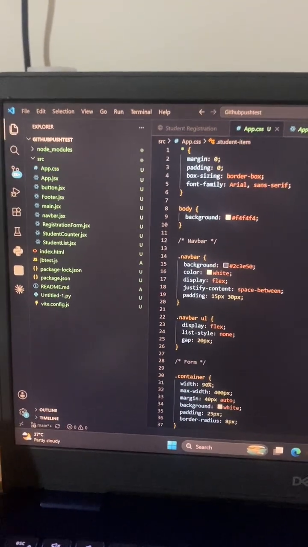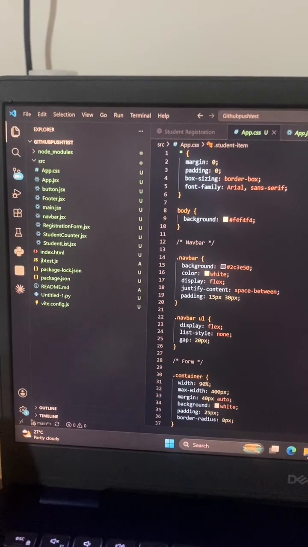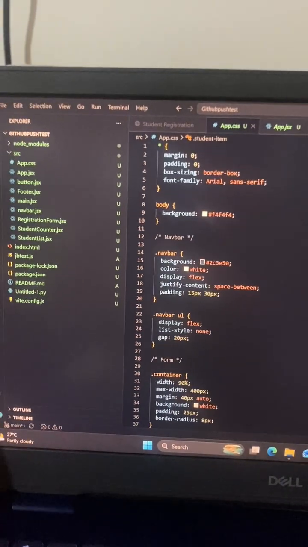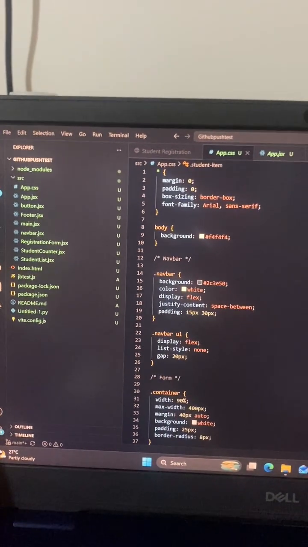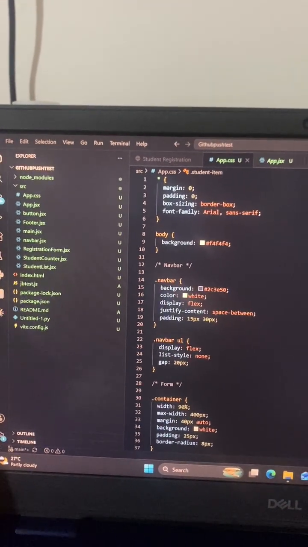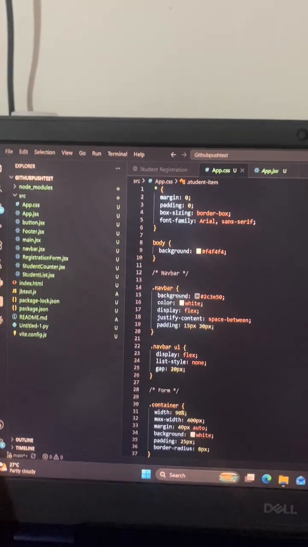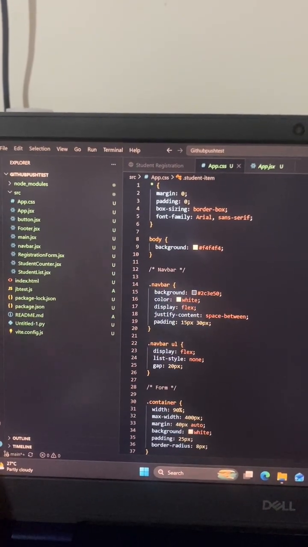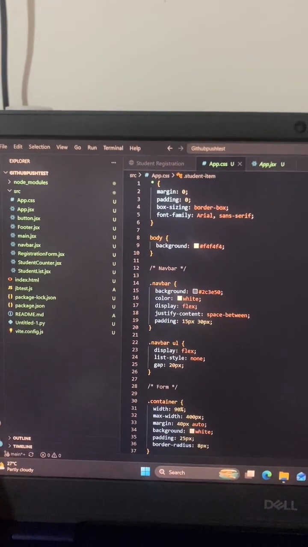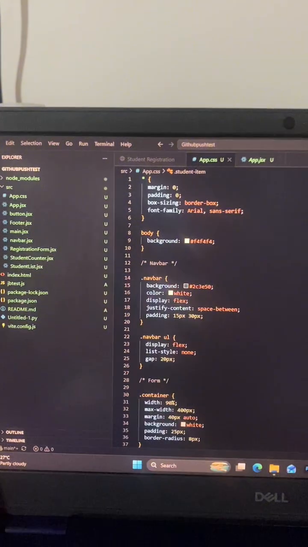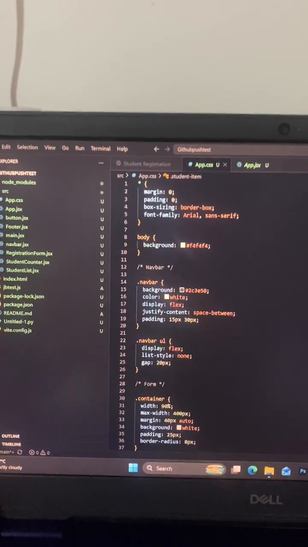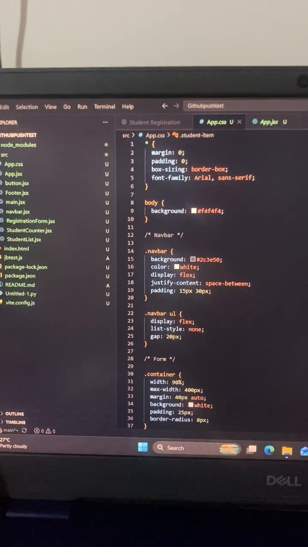As you can see here, we have our organized files, and I built a student registration app. It is made with React. It lets someone fill out a form to register as a student, shows a live count of how many students have signed up, and then lists everyone who is registered. The admin can also delete a student if they're already listed.